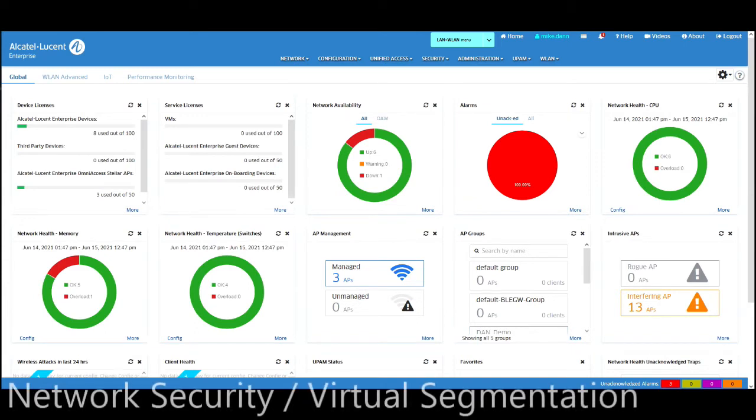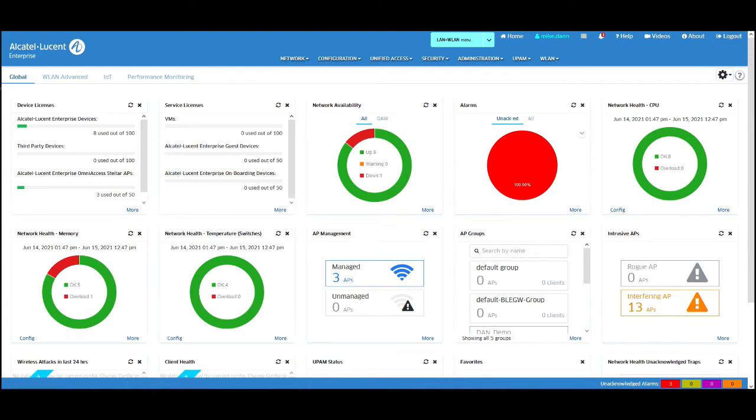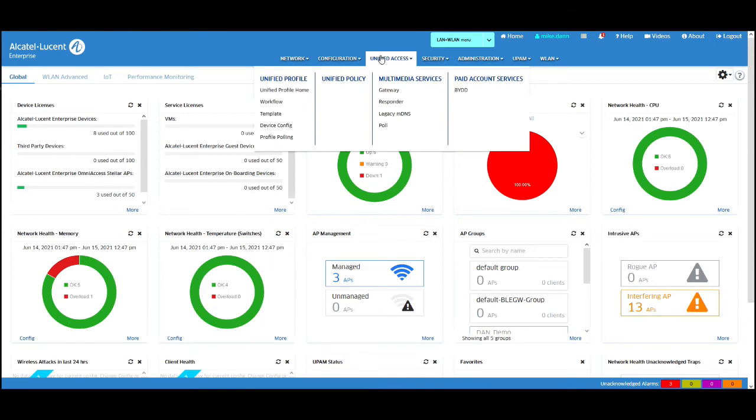We have seen how to add a switch and an AP, how to create an SSID and configure some core networking features like VLANs and IP interfaces. So what about securing the access to the network? In OmniVista, OmniSwitch and Stellar, we use something called an access role profile to provide network access control. This is sometimes referred to as a UNP, a Universal Network Profile, and this is part of our unified access